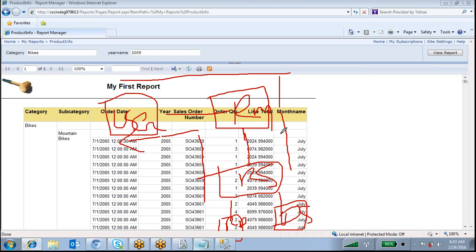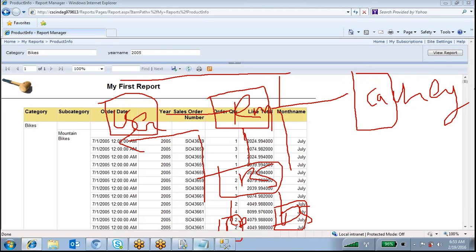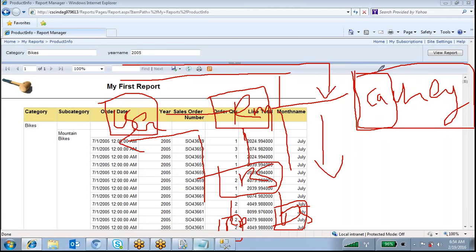Whatever result you are getting, it is kept in one cache memory. It is saving a copy of that report. So the next time you use the same report in the report manager, it will first check in the cache memory whether that report exists there or not. If it is not there, then it will jump to the report server. If it is there, it will return whatever copy is already saved in the cache memory.